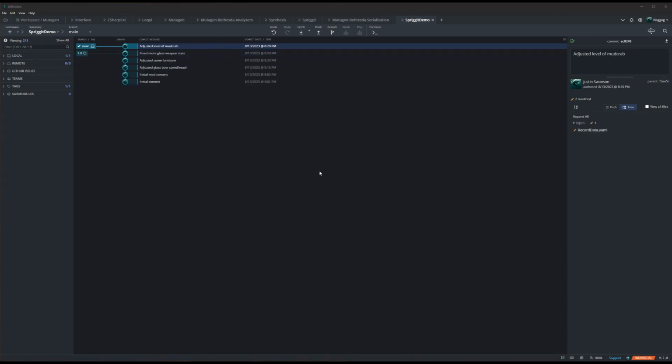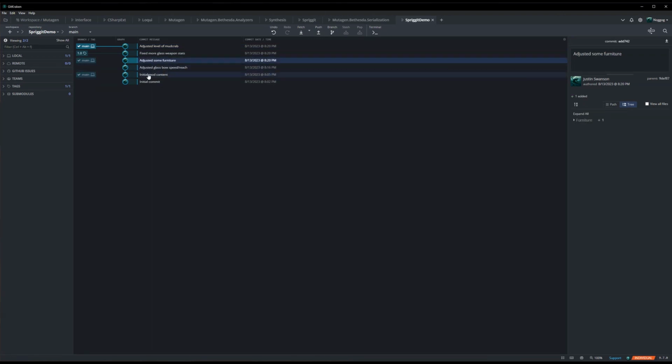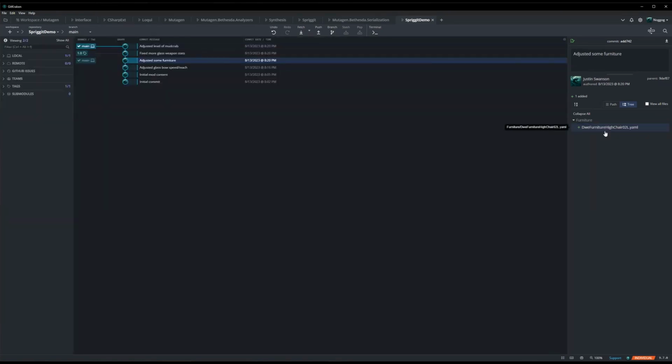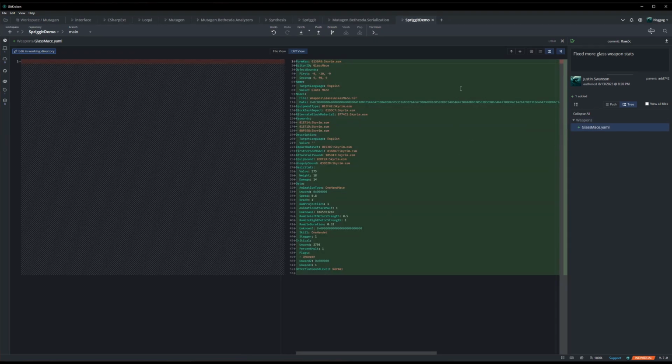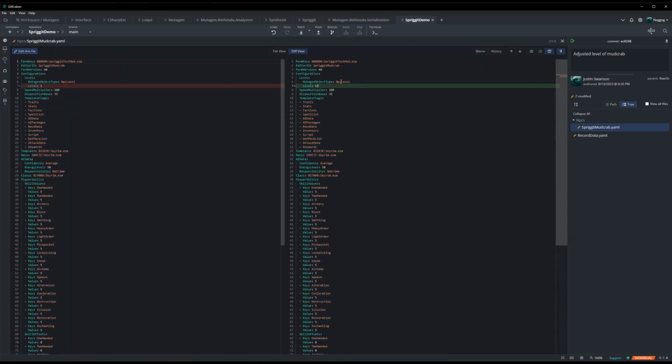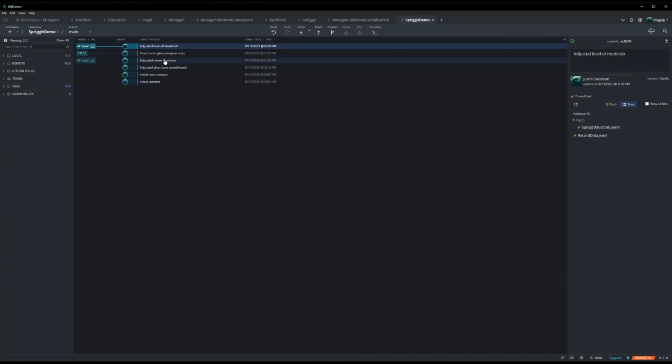All right, so I've fast forwarded a bit and added some more content. You can see I adjusted some furniture, which means I overrode some Skyrim furniture record and modified some stuff. So this is a new file because we overrode a new record. I also did some more glass weapon stat tweaking, so I overrode the glass mace and did some tweaking there. And then I realized that our epic giant mud crab was still level 1, so we modified that to 10. But you can kind of see over time, in a very digestible way, what we've modified in our mod and